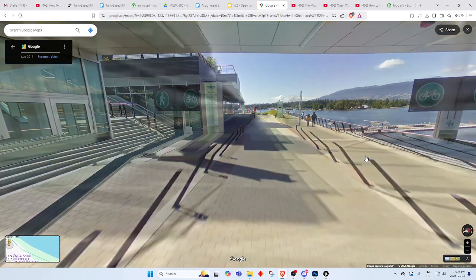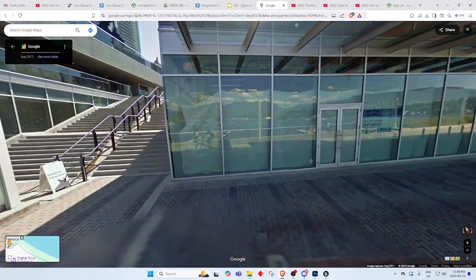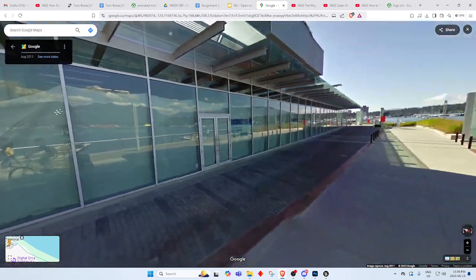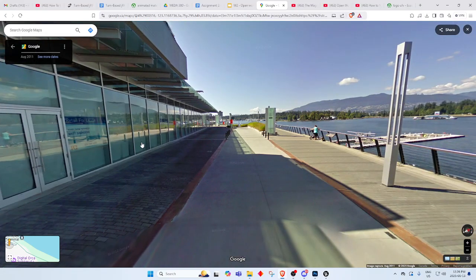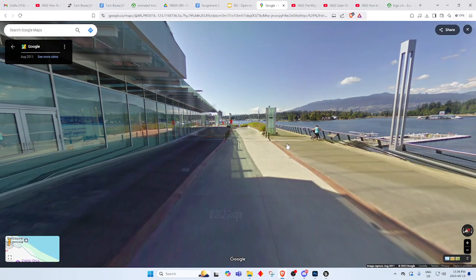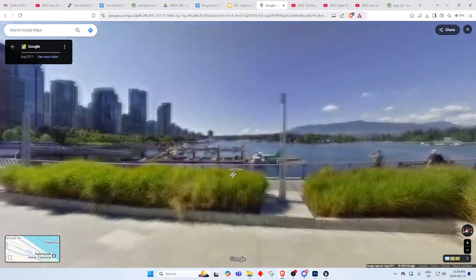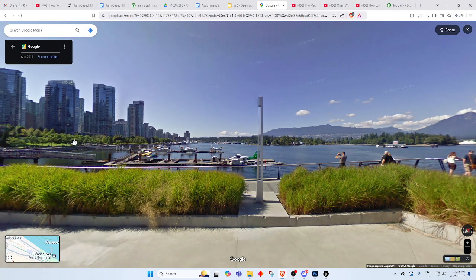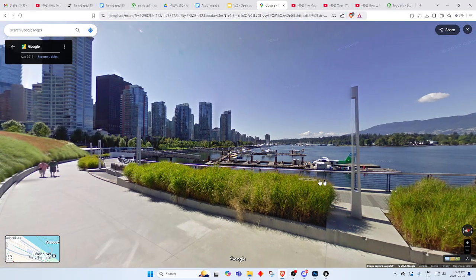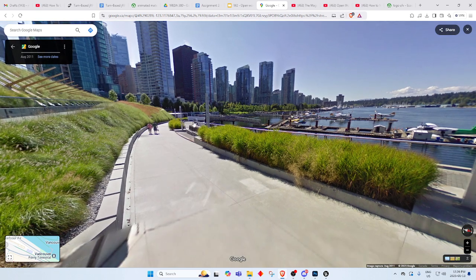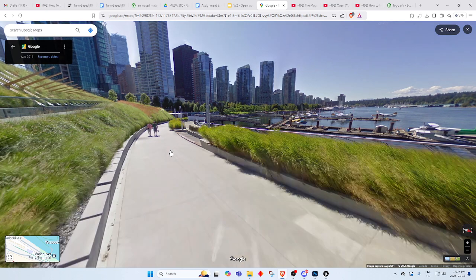And here they're going to face a choice, right? They can either go up, and there is interesting things to do up there, or they can keep going and go around. So I'm just going to go around here because it's going to be easier in this street view. And here, once again, they review more visuals and they can see more of the city, Stanley Park, and they're probably going to be following this path here all the way down, and eventually they can even get into Stanley Park if they keep following